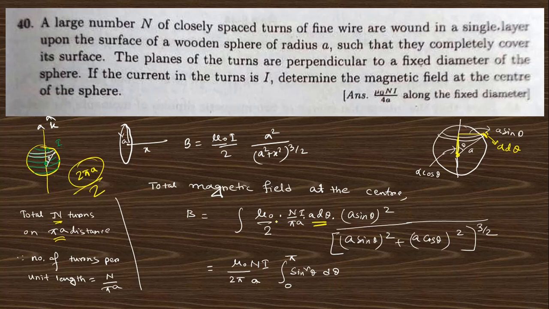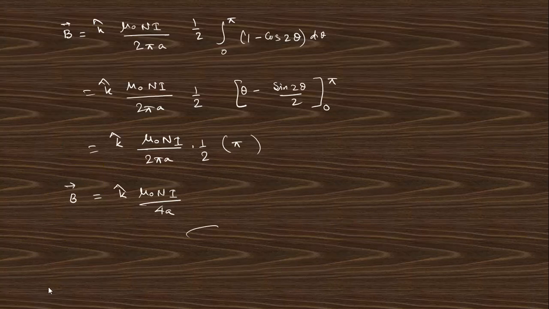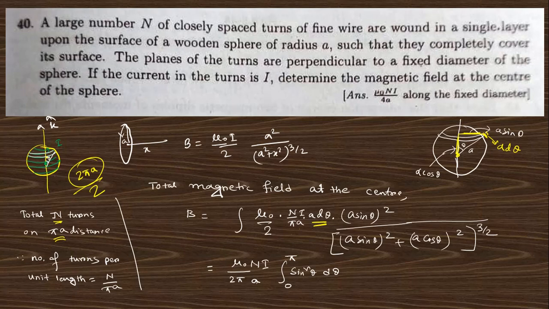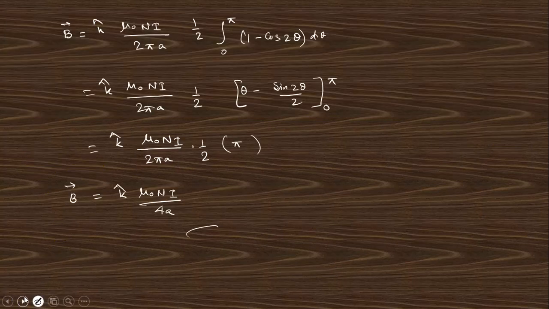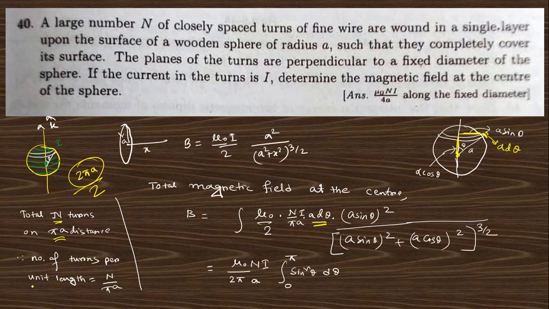Now this is the value of I, and a here is this radius, which is a sin theta, and x is a cos theta. Putting in this value you get a squared. Finally a cubed, and here one a cancels out, so you get a here and sin squared theta. Just integrate sin squared theta from 0 to pi, because the theta value from 0 to pi covers the total sphere. So finally you get this answer. We take this as k cap, that is the fixed axis.